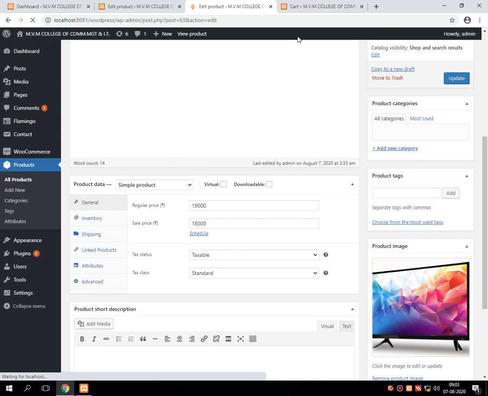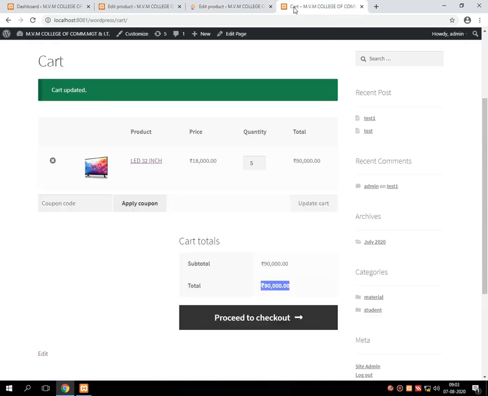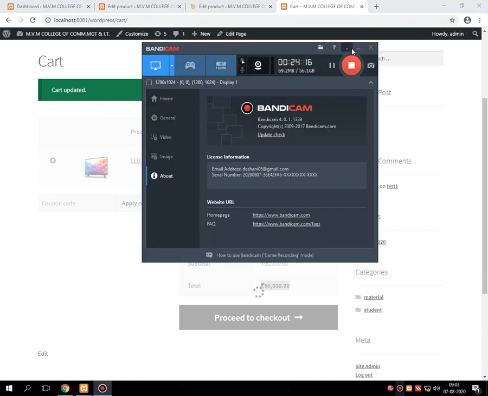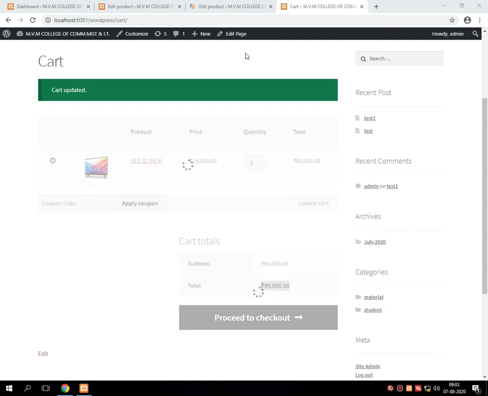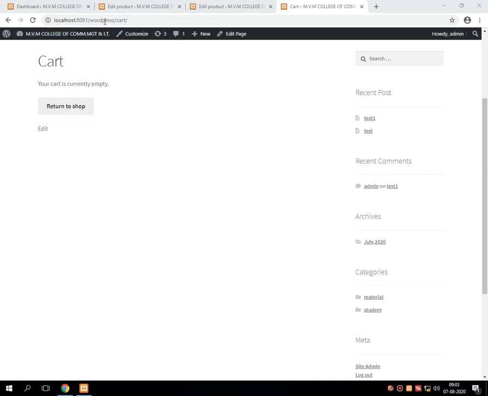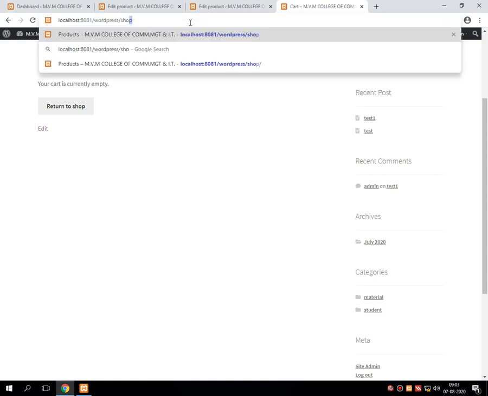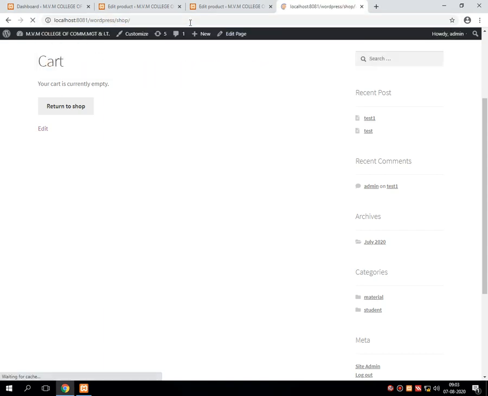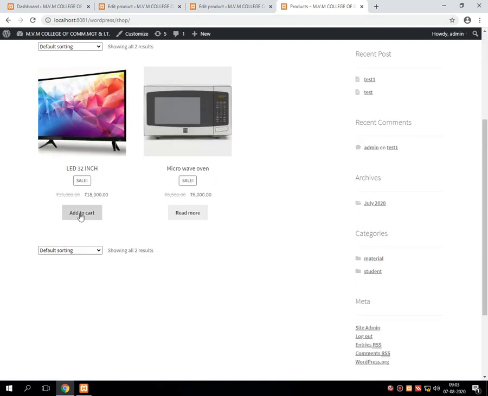Once the system gets updated successfully, go back to the shop side. Refresh the page of the shop side. Select add to cart. Click on view cart.